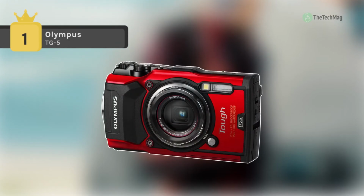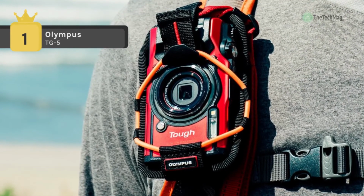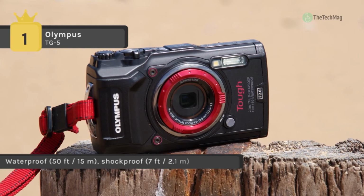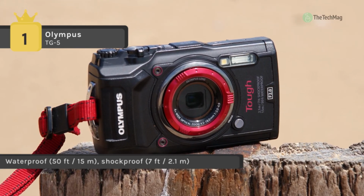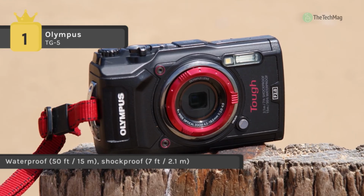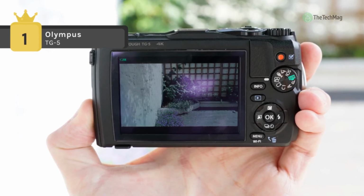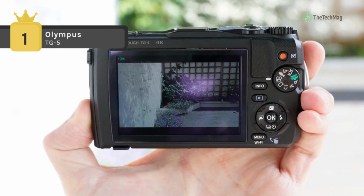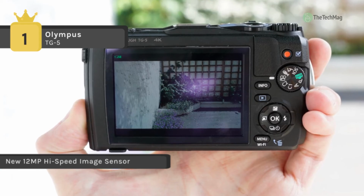Holding the first place among the list of best waterproof cameras, we have the Olympus TG5. It comes with a 12 megapixel high-speed image sensor for improved low-light performance and noise reduction. It has a blazing fast f/2.0 lens made to capture action and adventure. It is equipped with a field sensor system, which records various field data so you can recreate your shooting conditions